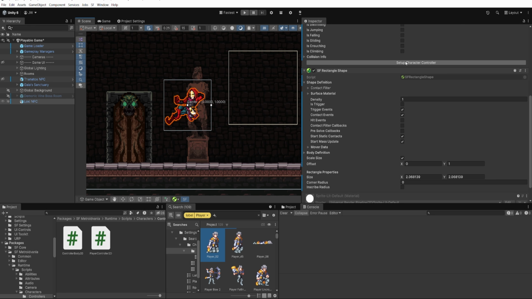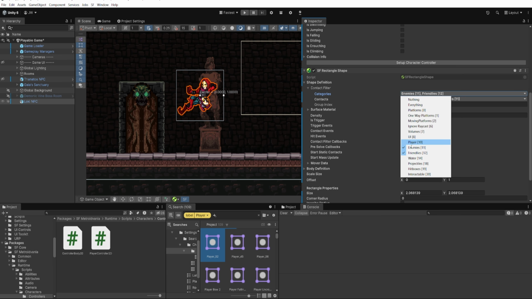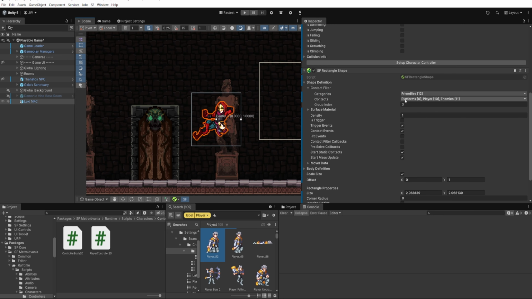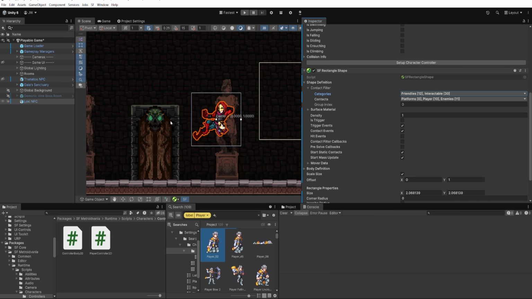For now, it works. So the SF rectangle shape, inside of it, you can choose what categories this object is part of. So not an enemy, we're going to say friendly. So put them on a friendlies layer. You'll notice that our contacts can be platform, player, and enemies. So the contacts layer is what you actually are able to interact with and the categories layer is what this object is part of. Do know you can have multiple. So I can have friendly, and then I can also say interactable. So now Loki is interactable,